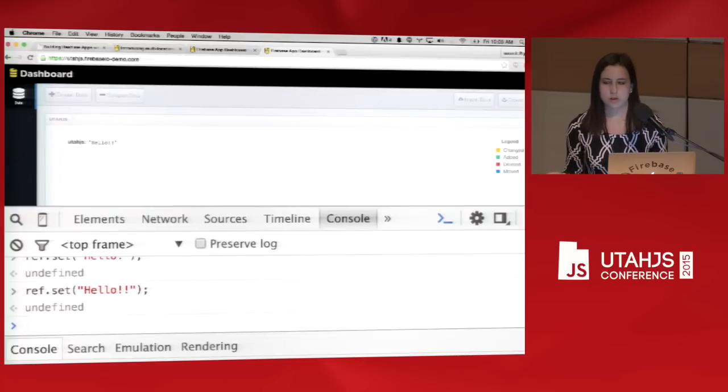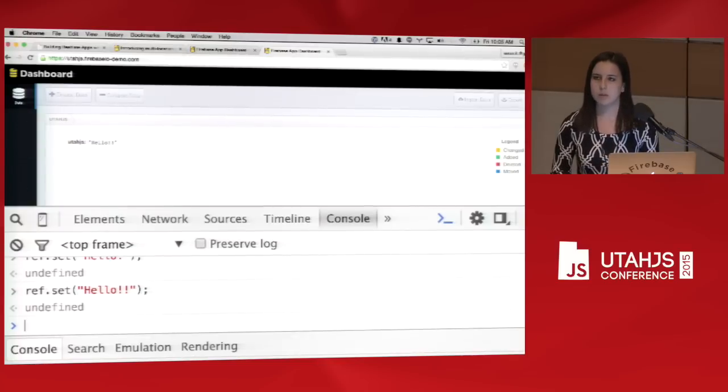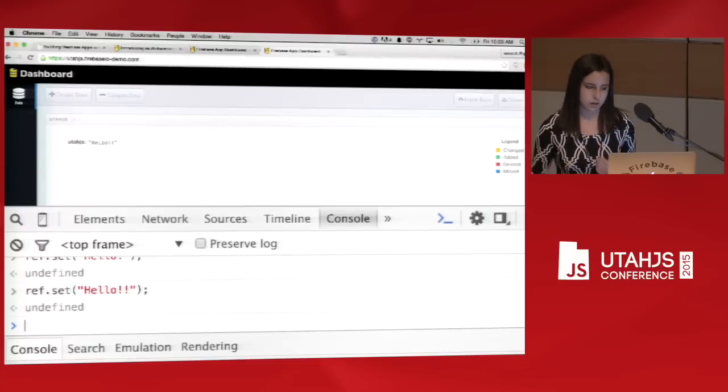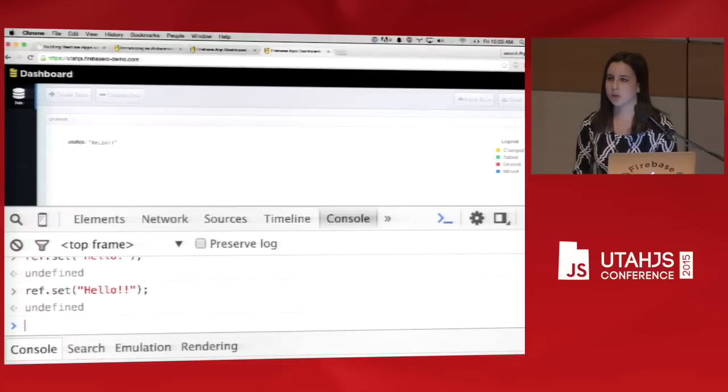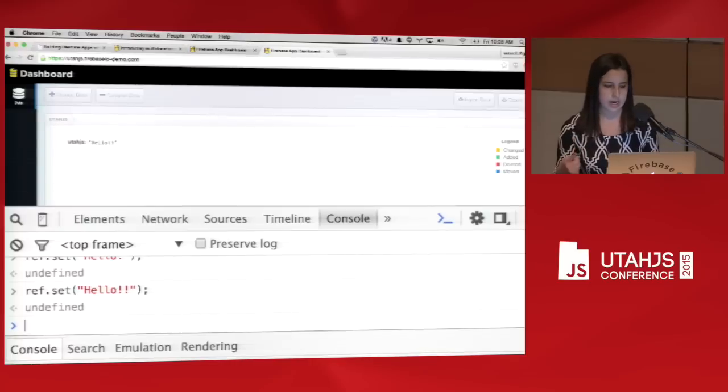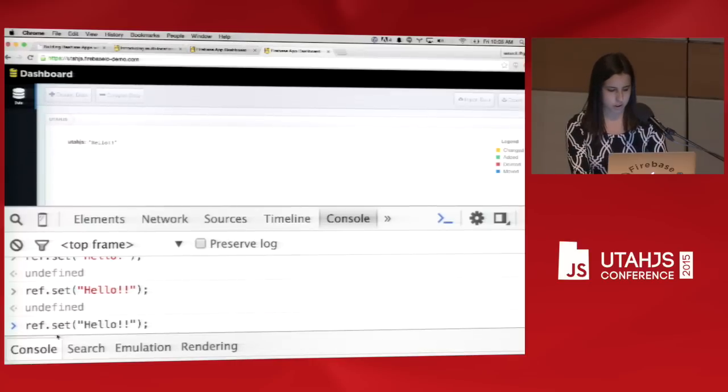So set is good in certain situations, but sometimes you'll have a lot of people writing to the same node at the same time. You don't want each person's write to overwrite the last one. So for that, we have a method called push. What push does is it generates a unique ID every time a new piece of data is added to Firebase. So here, if I say push instead,